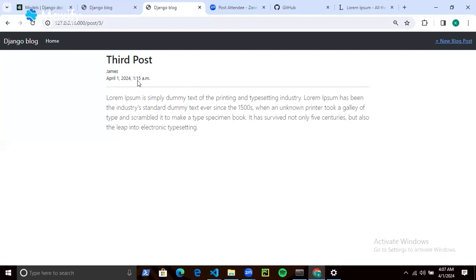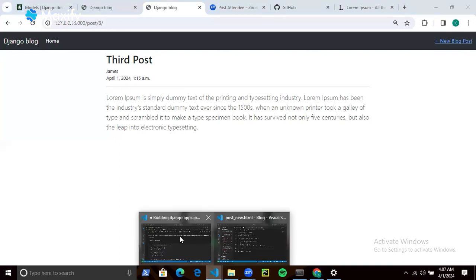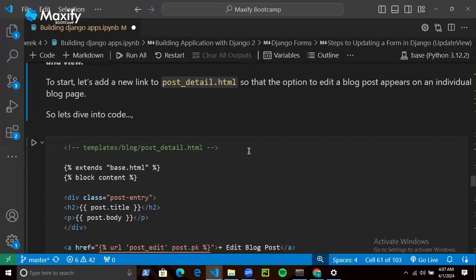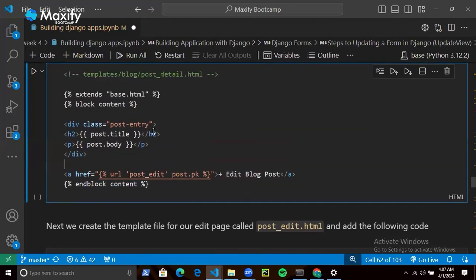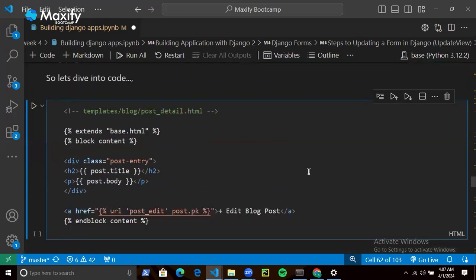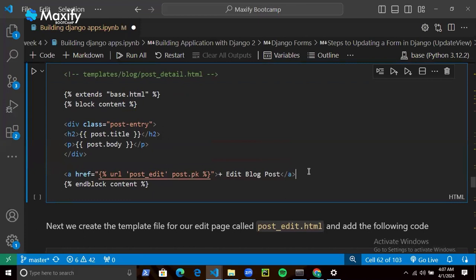So I have to find a way to add a link first, the URL parameter here, and then we call the view and render the template. The view will then render the template. So to do that, I'm just going to come here, add this line of code, right? So add this line of code, but from what I'm seeing here,